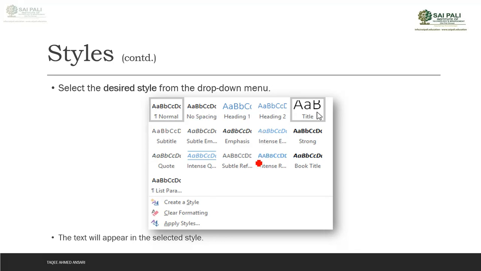You can change these. Once you get all these options, you can select what you like, click on it, and the text will appear in the style you have selected.